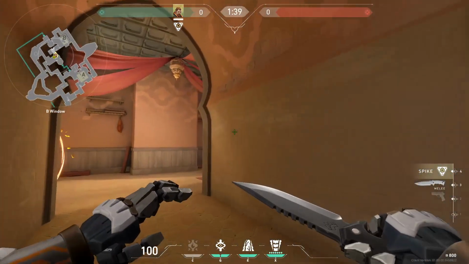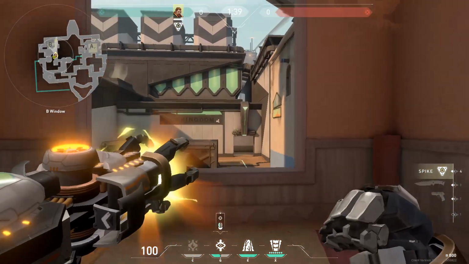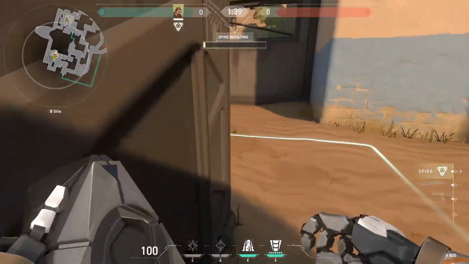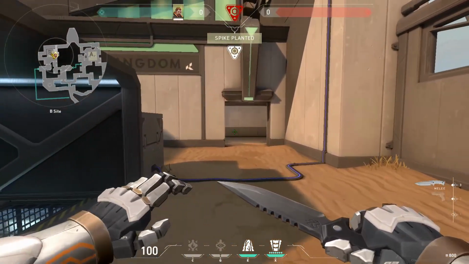So once I do this, I'm gonna go ahead and flash right over here, and then all I have to do is check behind that box, but we have to move quickly. We have to get back of labs, and then it is as easy as that. A free plant to go ahead and get this spike down so that we have the ability to win this